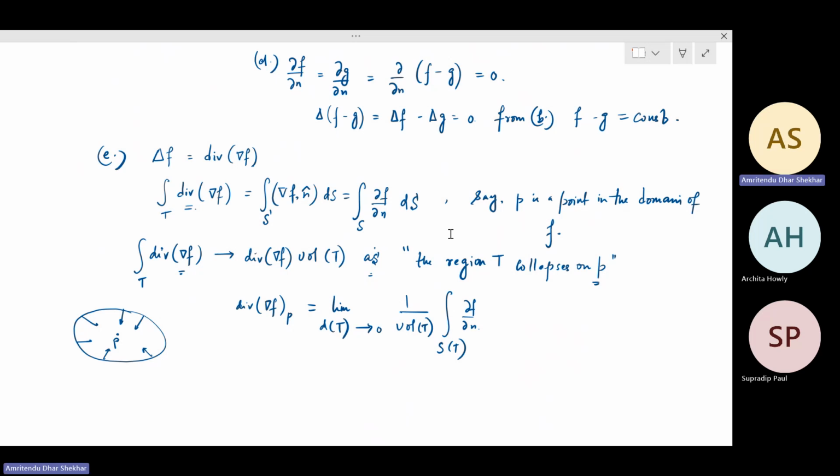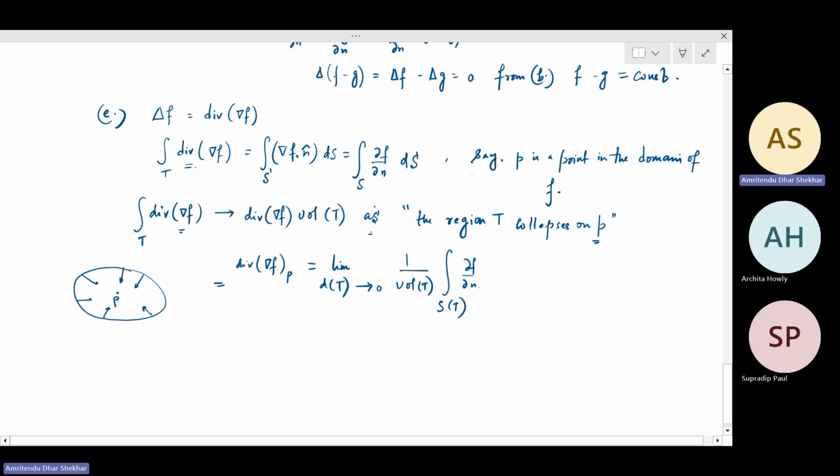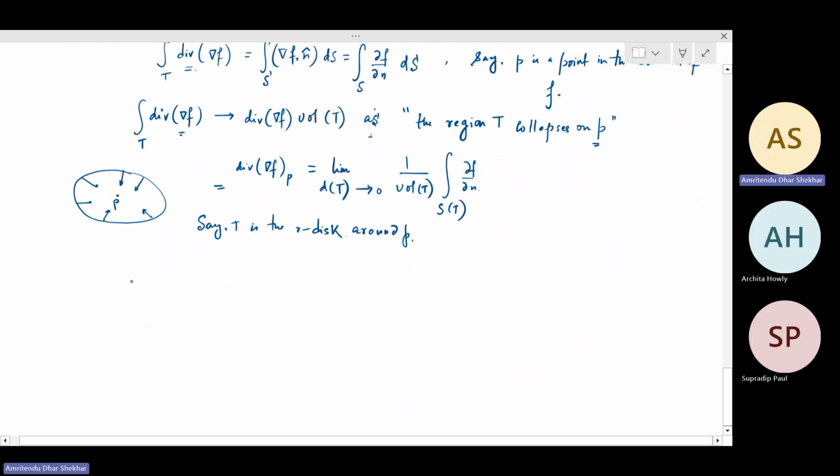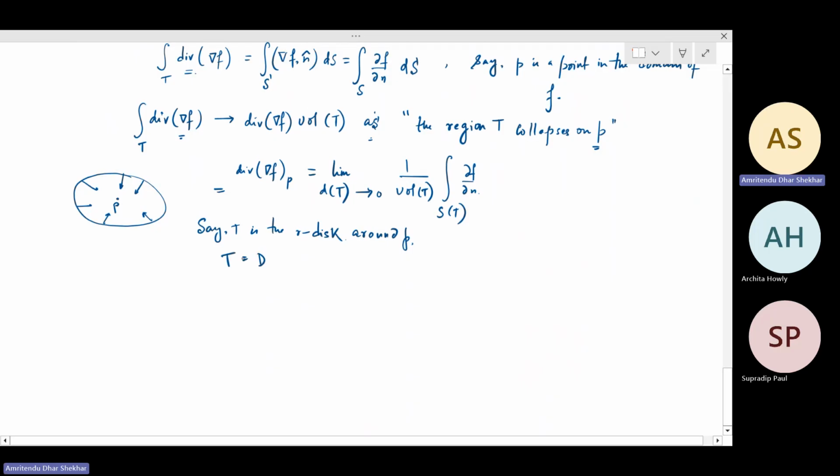So a concrete example of this would be, let's say your T was a small disk around P. So the idea is that T is the R disk around P. So basically, T is equal to D of P comma R. That's all points X such that norm of X minus P is less than or equal to R. So then you can essentially restate this theorem as the Laplacian of f at P is equal to the limit